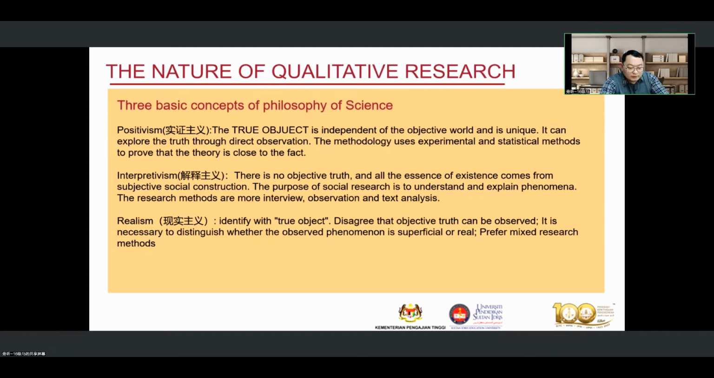More emphasis is placed on explaining the process and analyzing the effect and the content of the impact. It helps us